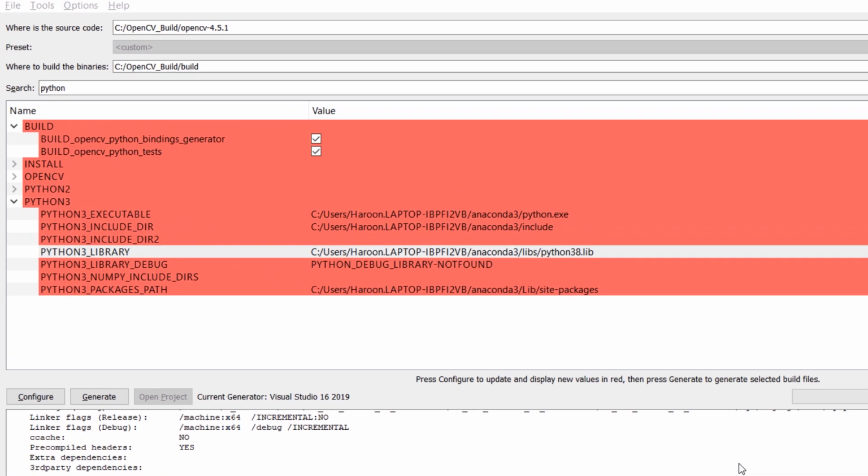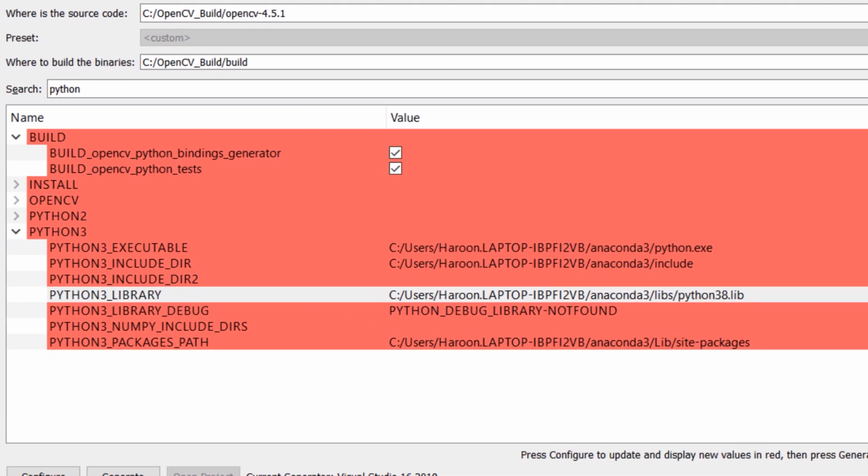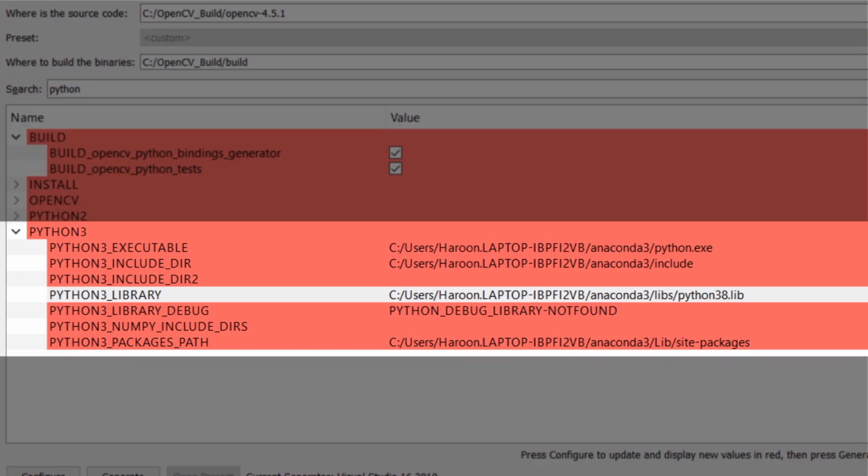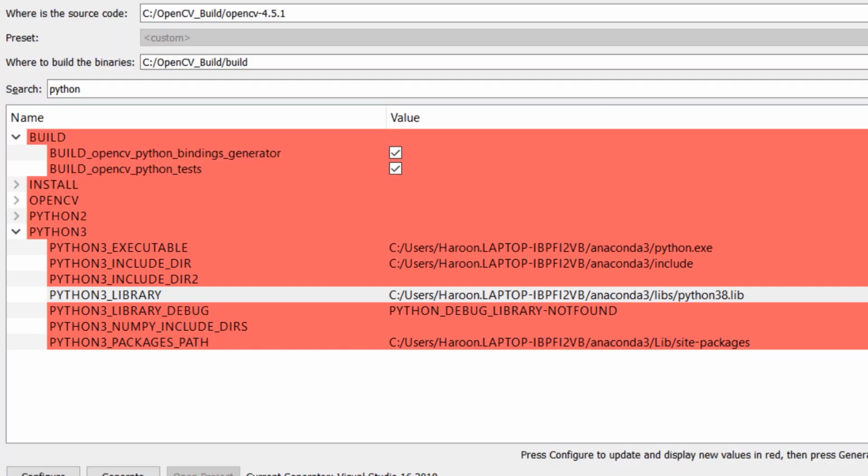Now search for Python here. This build is for base environment of Anaconda. How do I know that? Well, look at this block. All the paths to Python point to the files and folders in the base environment. There is one other thing in the console here which you need to confirm.